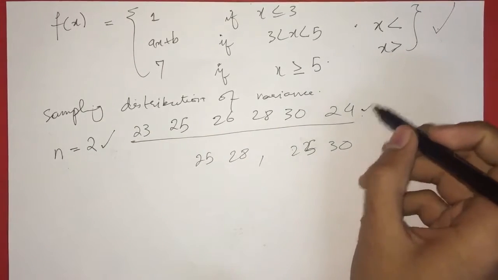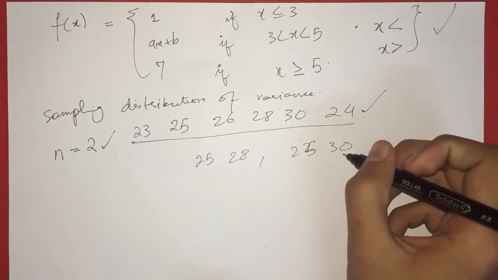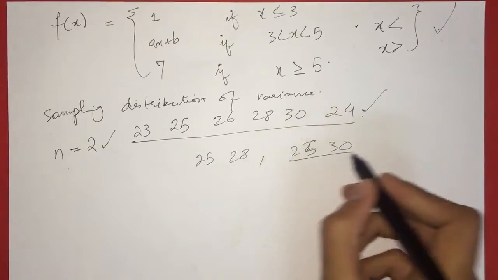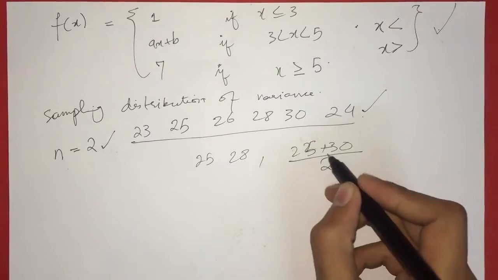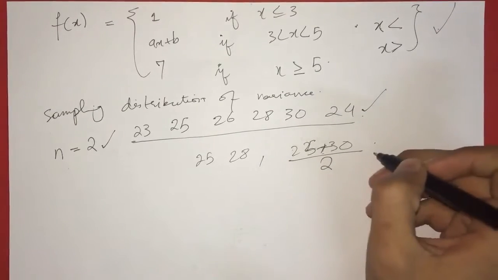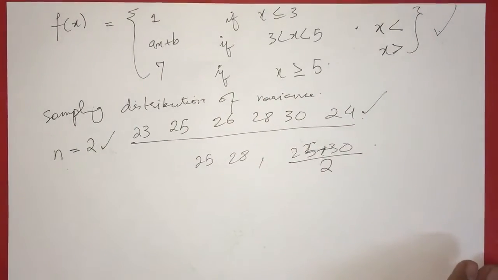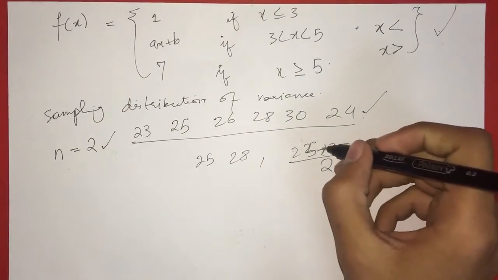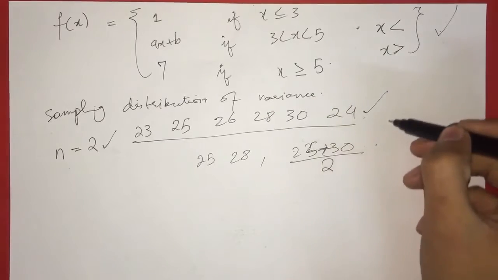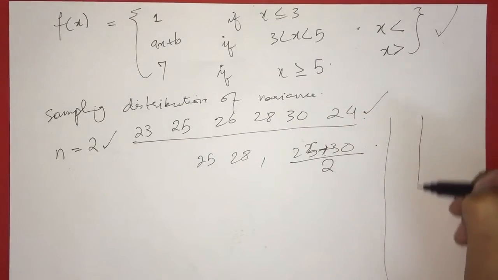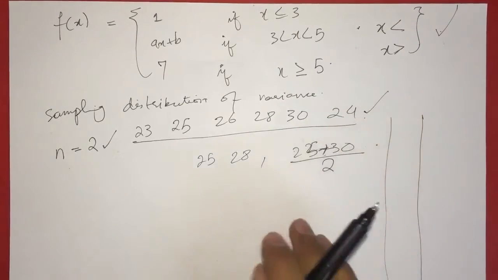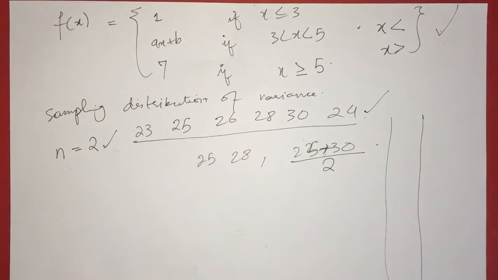So we did that. We found out the mean of these samples by just adding the two terms and dividing by 2, and that gave us the mean of every corresponding sample. It gave us a list of all the means we got from our sampling distribution of mean. So after we got the means, what we did is